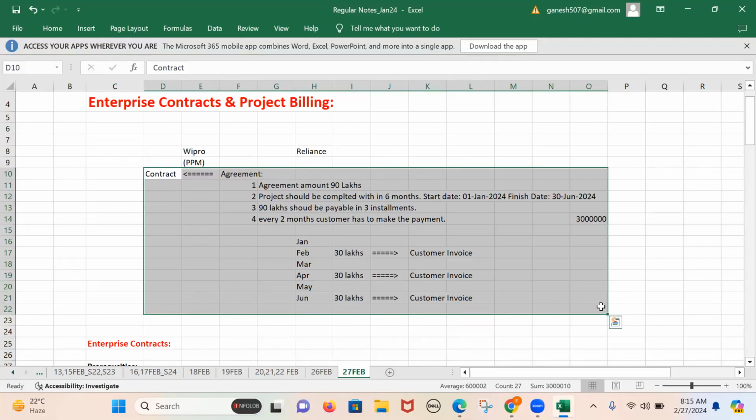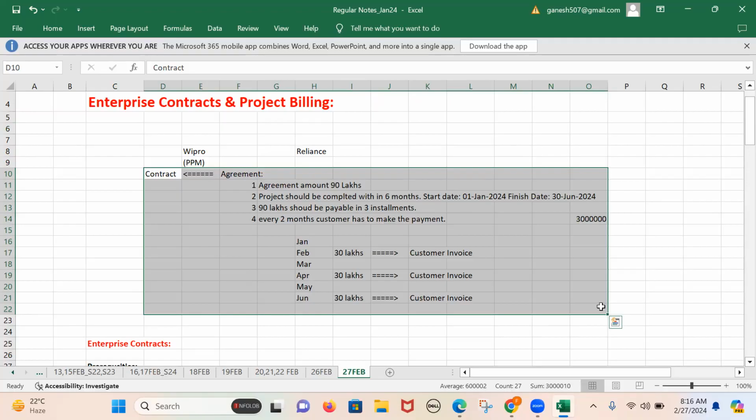That is the reason I can say the enterprise contracts module and the project billing module work together in the system. For example, if I don't create any contract in the enterprise contracts module, then what is the need of creating invoices, and what is the need of recognizing the revenue? For which customer are you going to create an invoice? For which customer are you going to recognize the revenue? The whole customer information we have mentioned in the contract itself. That means, remember, if there is no contract, there is no question of generating invoices and recognizing revenue, especially in